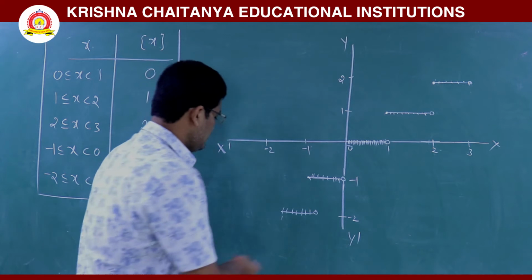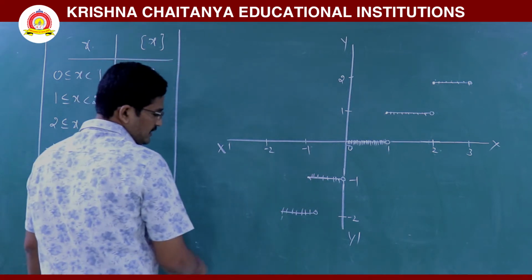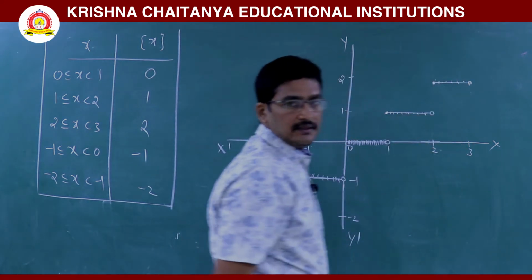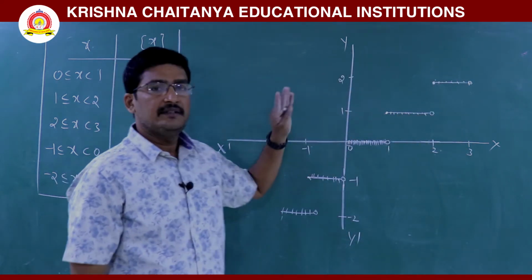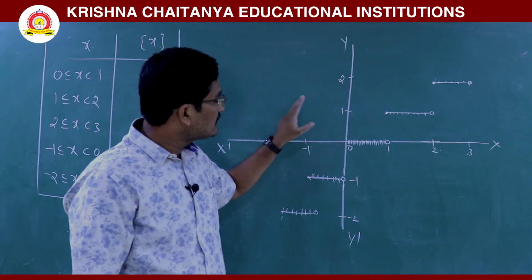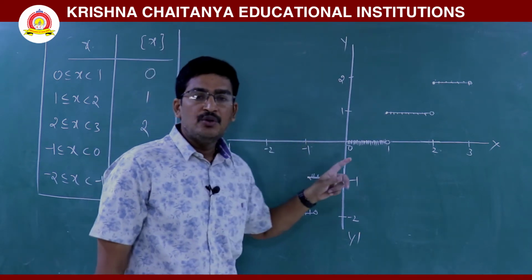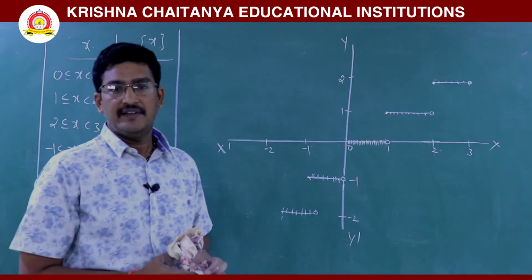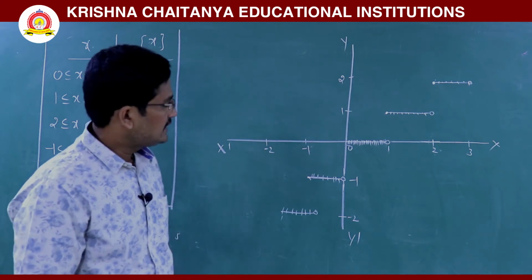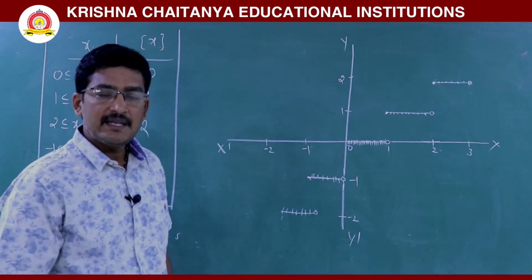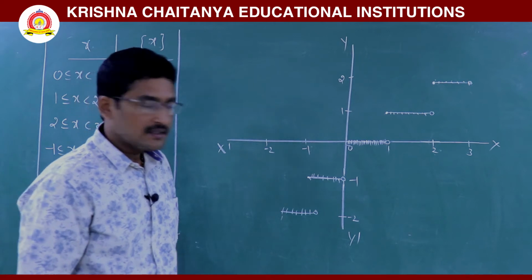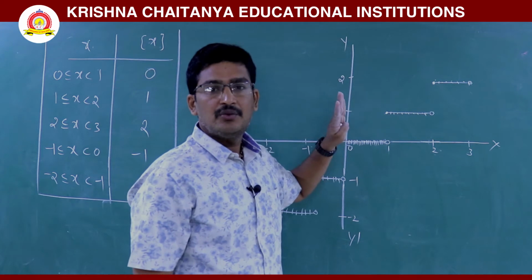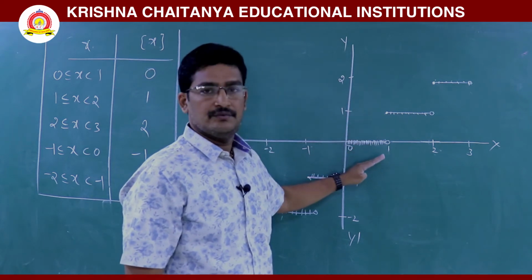You have to observe it going on like this, up to the end. There are so many steps. So the greatest integer function curve has many steps, and we also call this function the step function or floor function of x. Step function means the curve has steps. For any function in mathematics, if the curve looks like steps, just remember it is a step function curve.